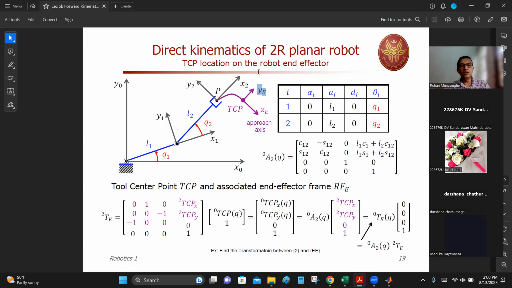So it is actually this frame now, ZD, XE, YE, but not in this position, but at point P. Now, with respect to this newly rotated frame, in this maroon color, you have to move from point P to this point, TCP. And it is clearly a displacement along Z-axis and along Y-axis. Some distances,